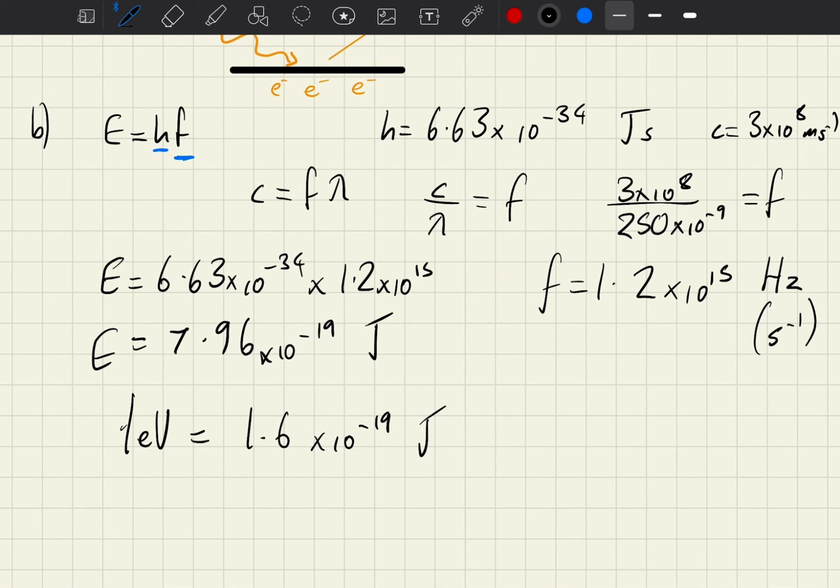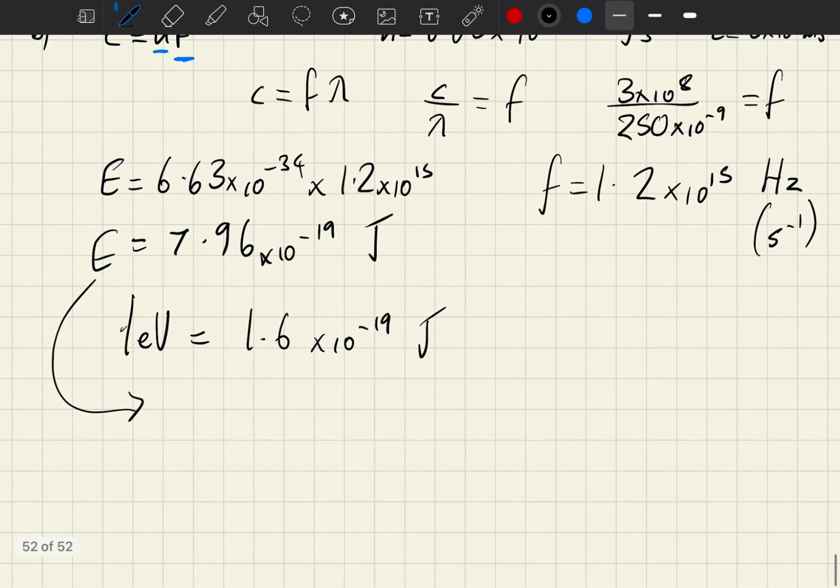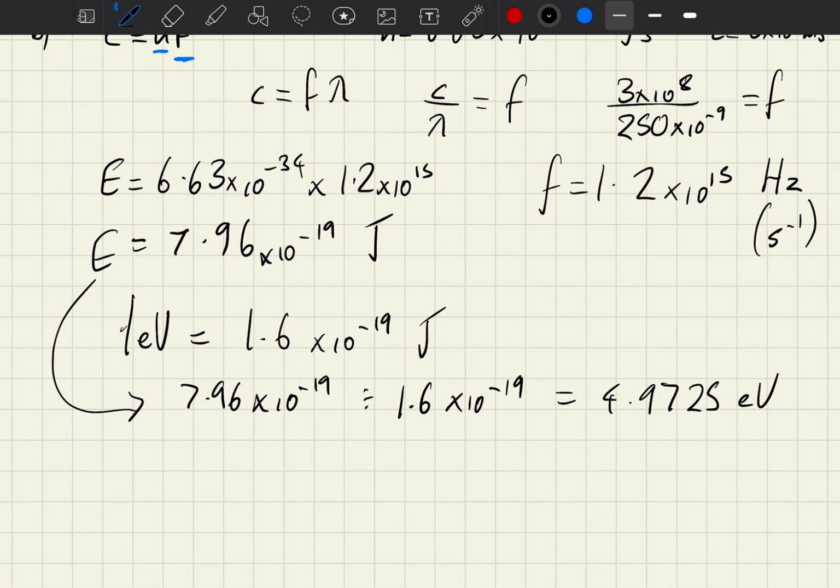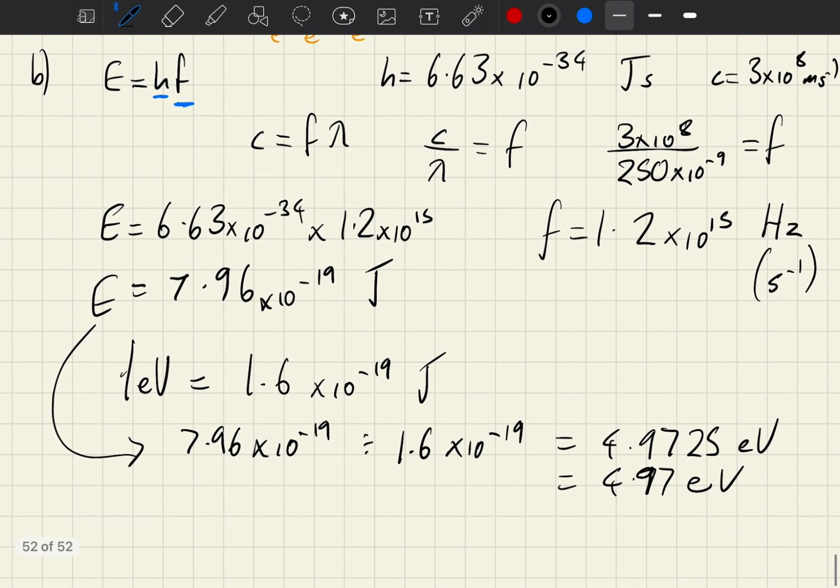So if I want to find my energy value in electron volts, and it will sometimes ask you for this, all you need to do is 7.96 times 10 to the minus 19 divided by 1.6 times 10 to the minus 19. And the answer for that is 4.9725 electron volts. So to three significant figures, 4.97 electron volts. Okay, so thinking about the question that we were asked